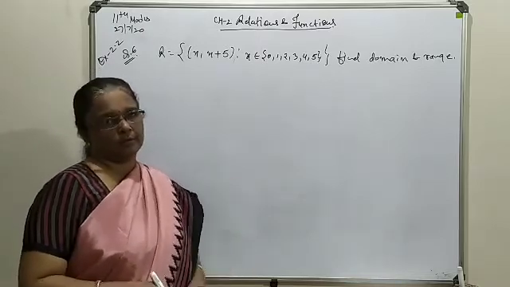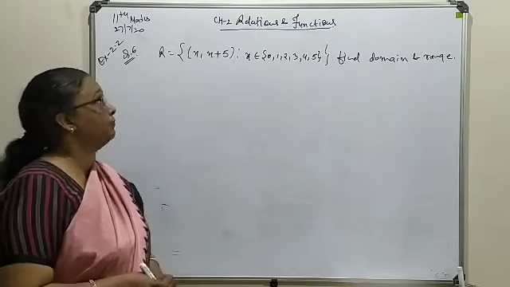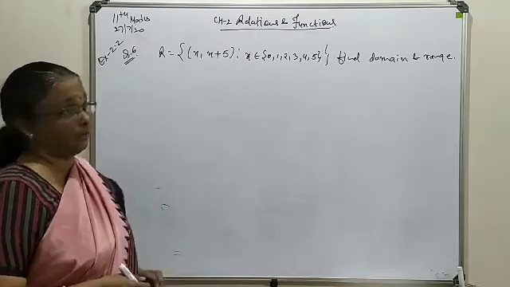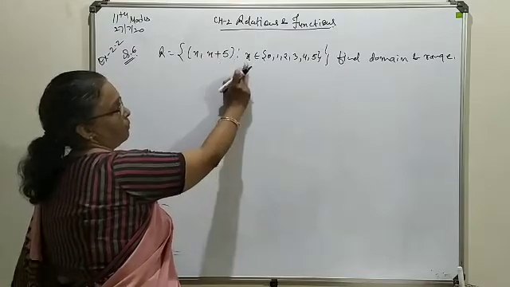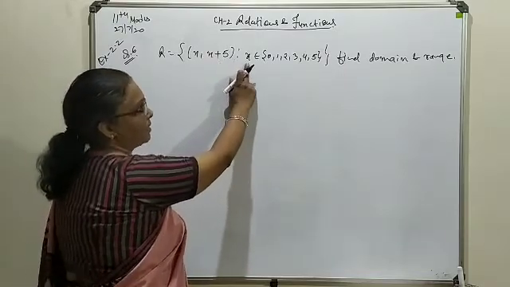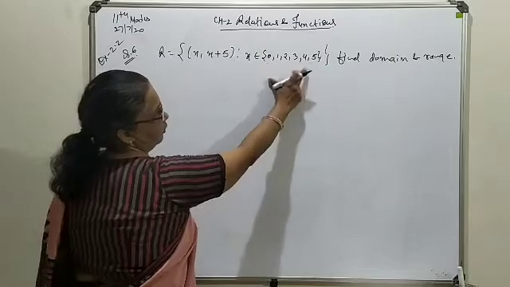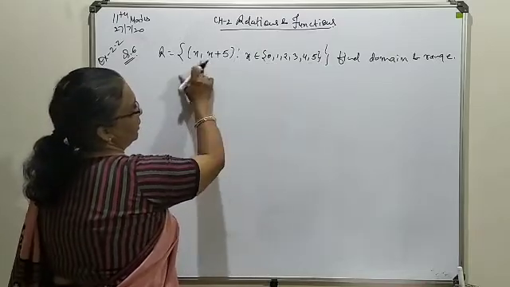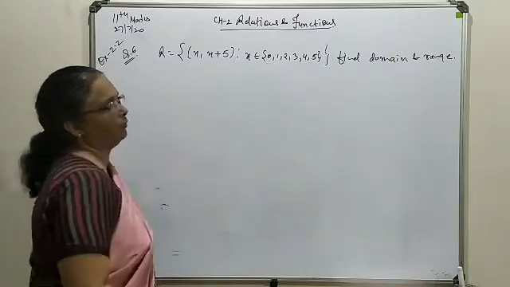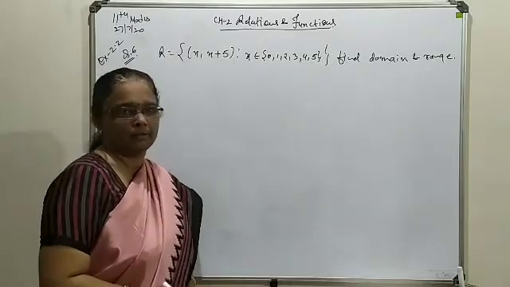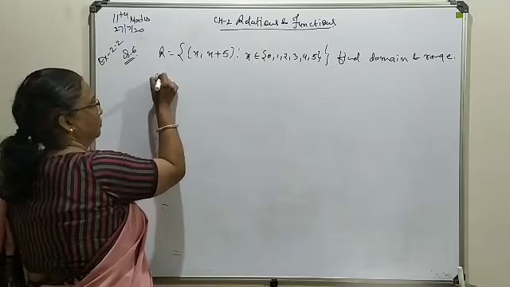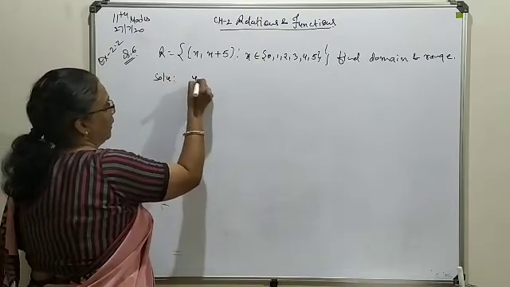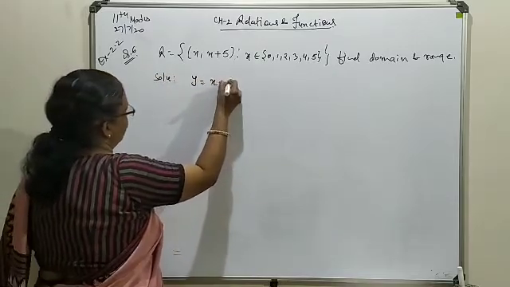Here we are going to discuss question number 6, in which your relation is defined as x in place of y, x plus 5. Values of x are to be selected from the set from 0 to 5. On the basis of this relationship we have to find the domain and range. Now here your y is available as x plus 5.